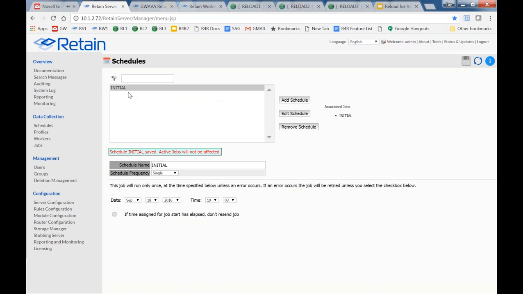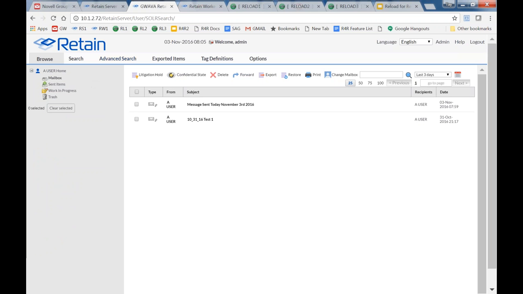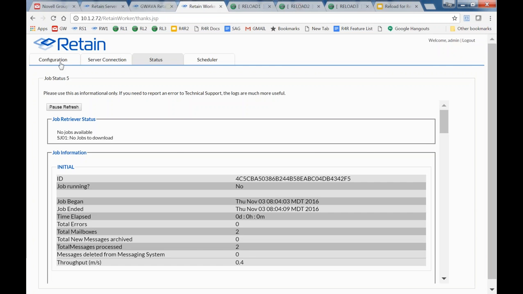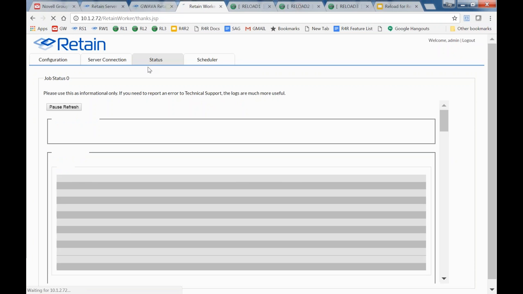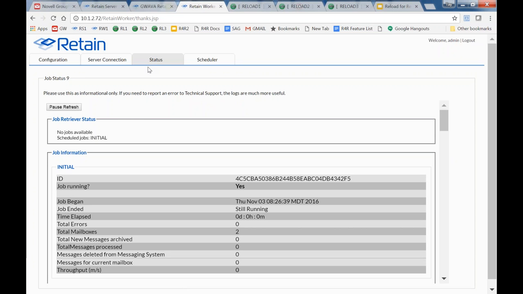Now I'm going to go into retain. Let's imagine that this is like a mobile message, and so a mobile message gets pushed in. You generally don't have to jiggle things like I have to here, but I'm going to jiggle the handle in retain, and go over to the retain worker, refresh job cache now, status, and there we go. So it's going to dredge that item out,